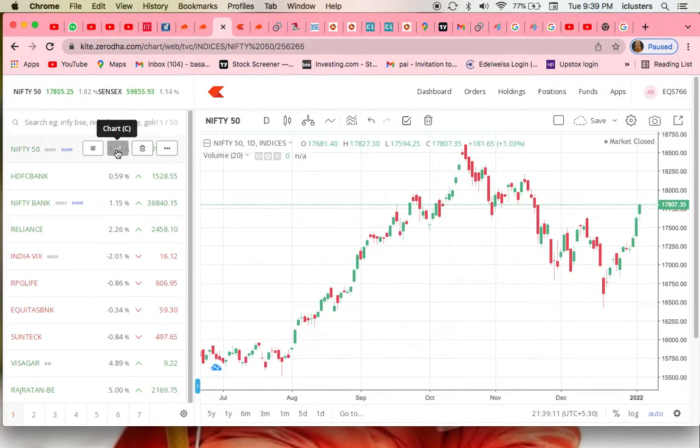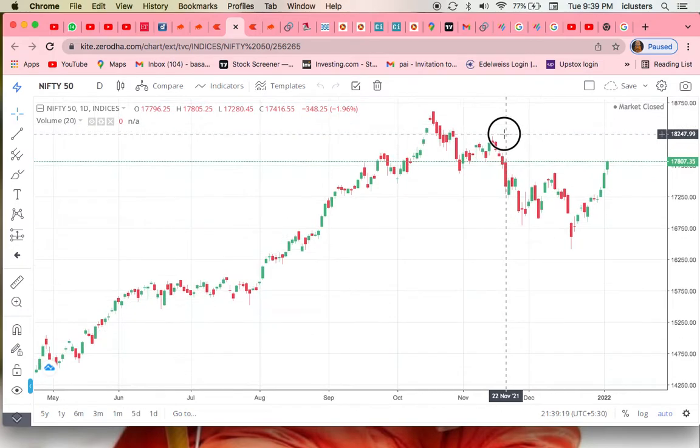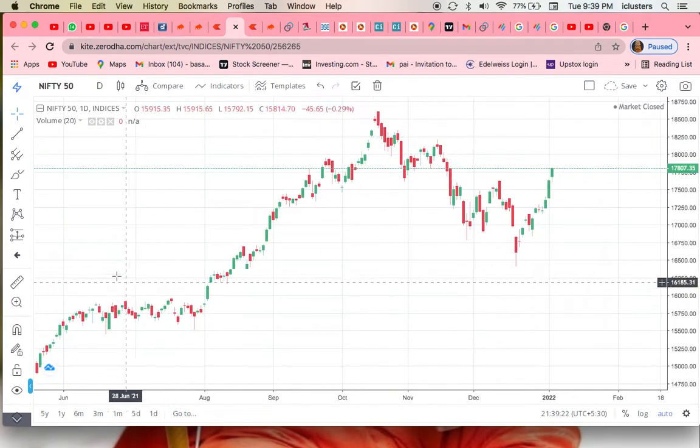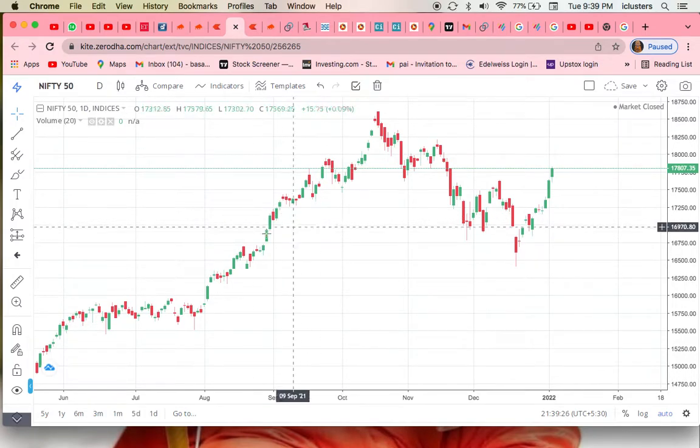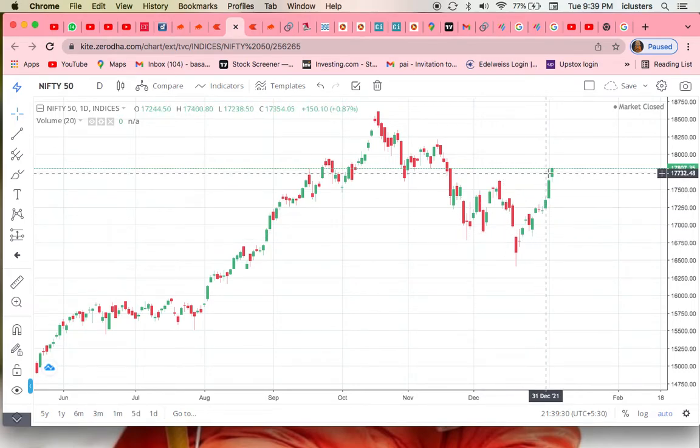Go to the Nifty 50 chart. Open this. This is the movement of the one day chart, friends. See, this is the time frame. Here I have put the one day time frame. The market is moving like this. Okay, finally it was going completely on the strong buying side. Okay, uptrend.